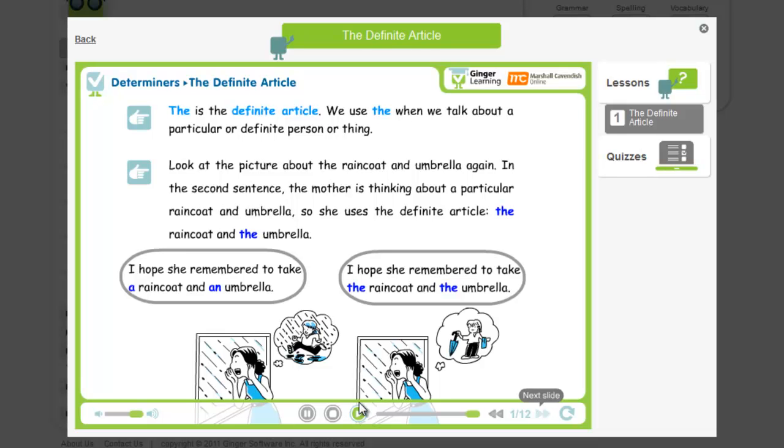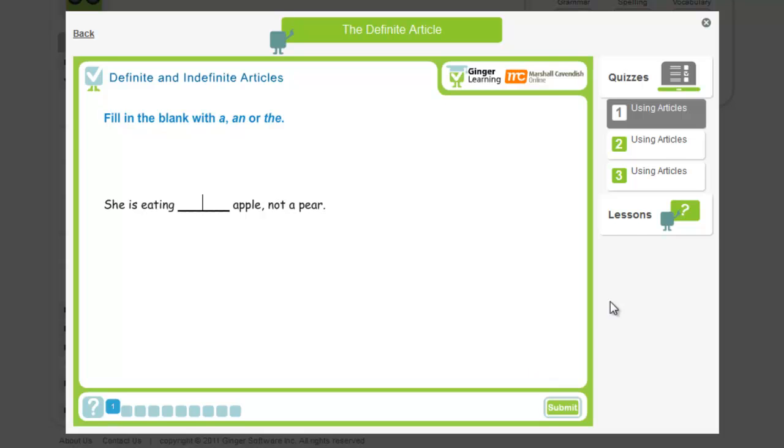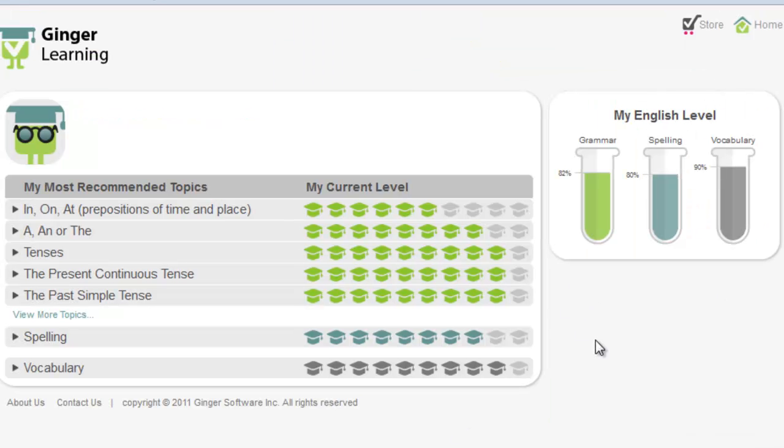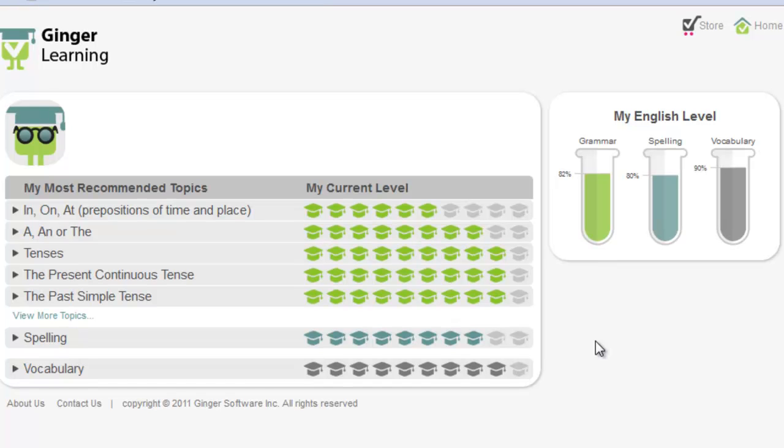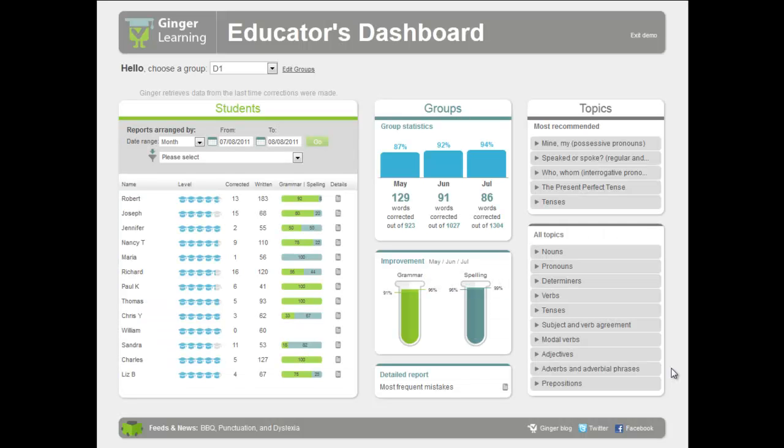After they complete the lesson, they can then answer some practice questions to see if they've mastered the material by clicking on the quiz icon. Ginger acts as a personalized writing tutor, identifying the students' specific needs and then providing them with lessons customized to their needs. For educators, the program aggregates the information it has tracked and presents them with information about a whole